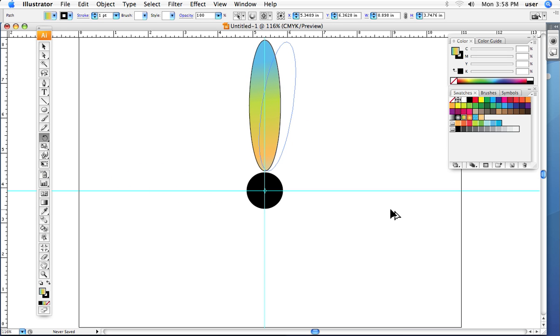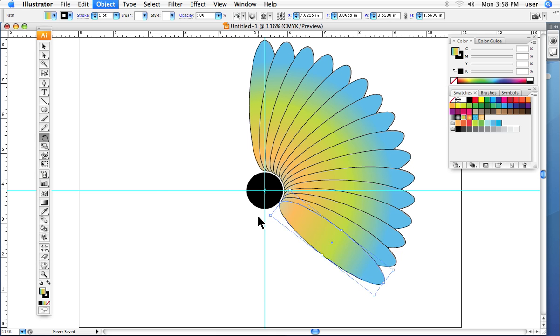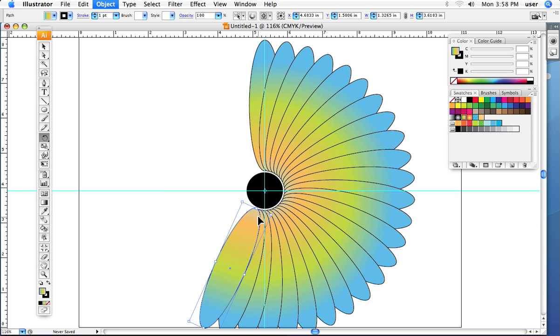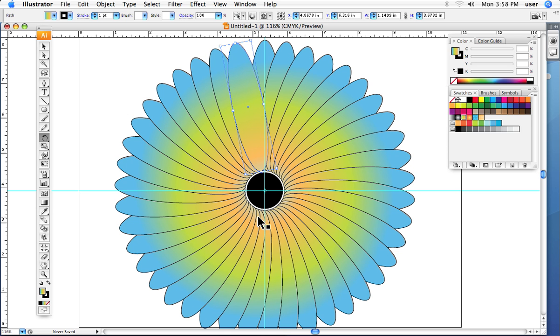I duplicate the petal instead of moving the original, and then what did you learn? Command D or Control D on a PC, Command D, Command D, Command D, and our flower petal moves around till it's repeated. It's hard to get it perfect right at the end there,